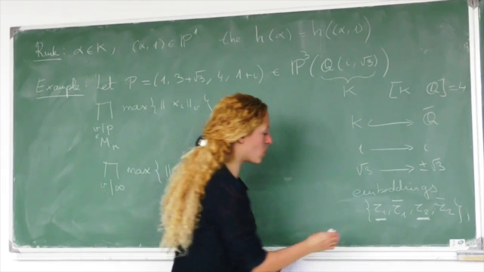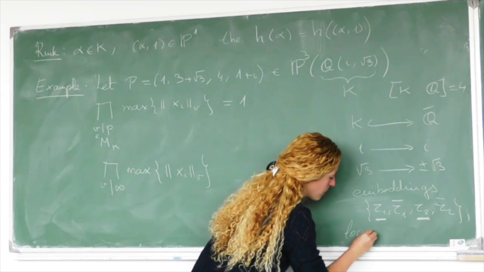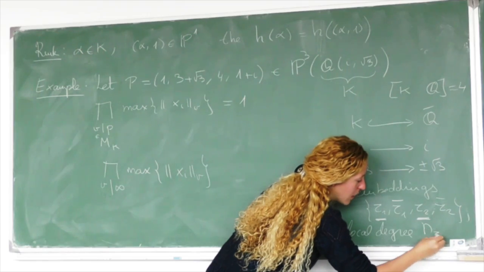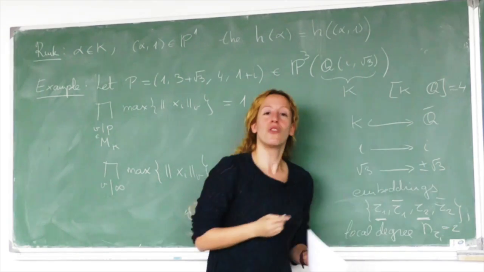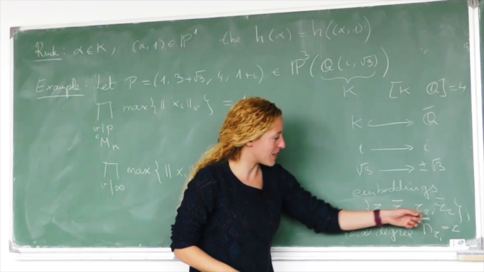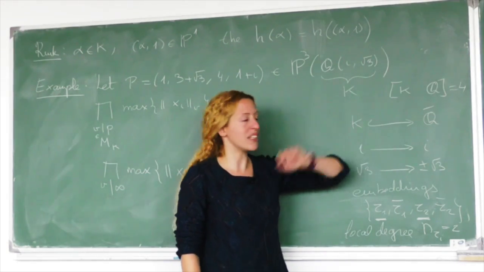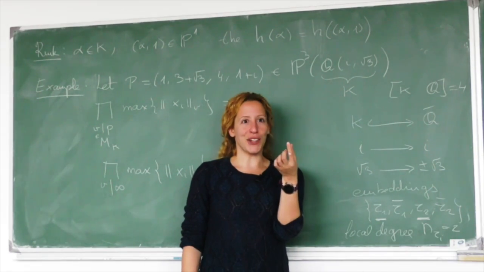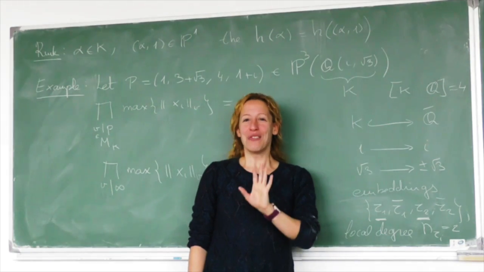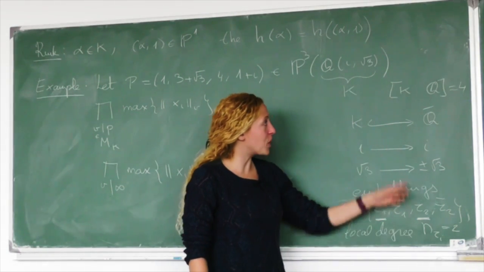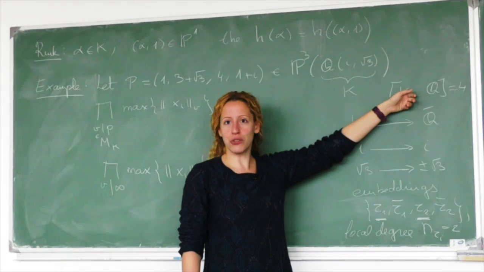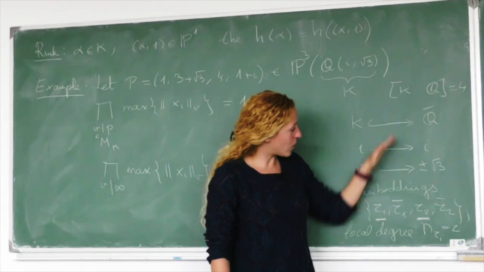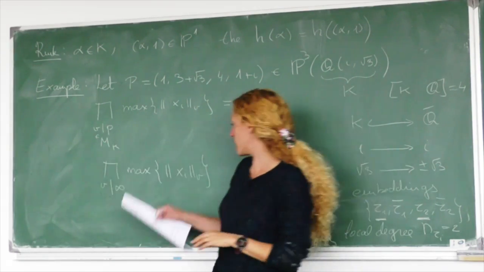I also know that the local degree has to be n_tau_i equal to 2. Why? Because the local degree of this one plus the local degree of this one has to be equal to the total degree, that is 4. So, okay, I agree that instead of both of them being equal to 2, there could be 1 and 3, agreed? But actually we are not in that situation, because the local degree has to divide the global degree. So they have to be a divisor of 4. So both of them have to be equal to 2. Okay, so we are going to use this information and plug it here.